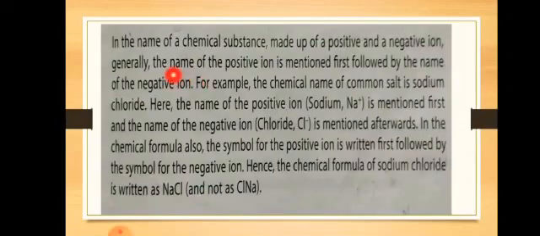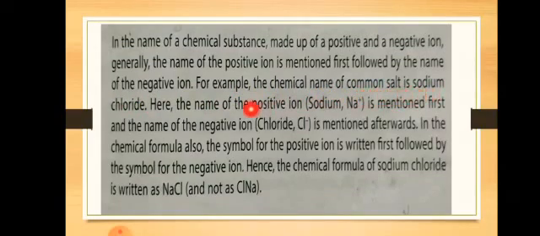In the name of a chemical substance made up of a positive and a negative ion, generally the name of the positive ion is mentioned first, followed by the name of the negative ion. For example, the chemical name of common salt. Do you know the formula? The formula of common salt is